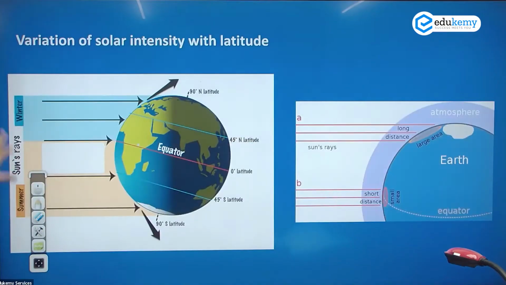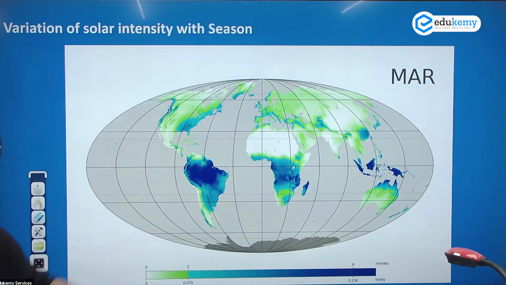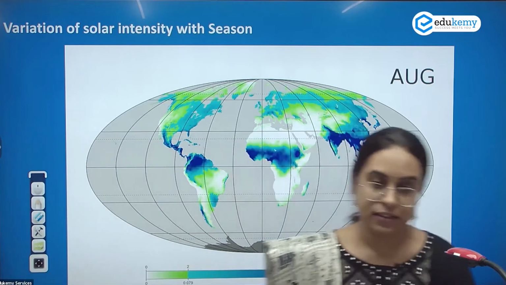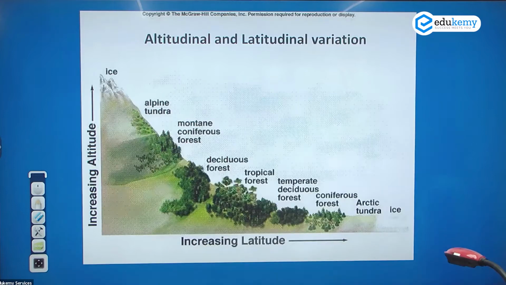This is one. How far is the latitude? What is the intensity of solar radiation that we receive at the latitude? So with latitudinal conditions, the intensity of the sunlight changes with the season, which we've also seen in rotation and revolution. If you look at the altitude, like the latitude, there is altitude also. So here you will have